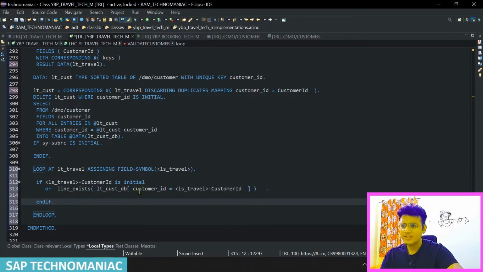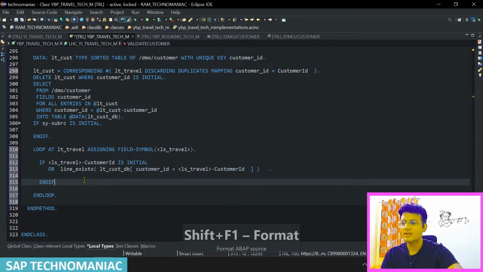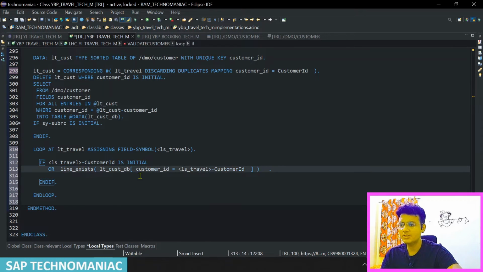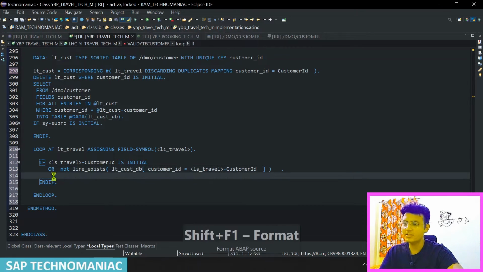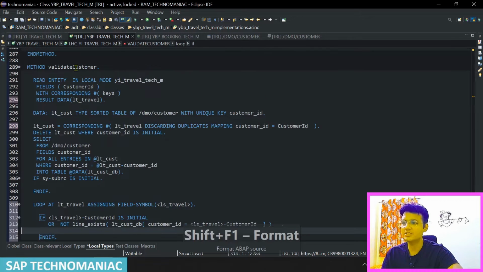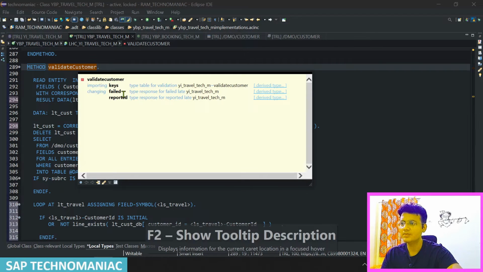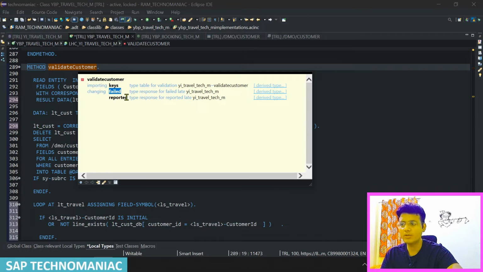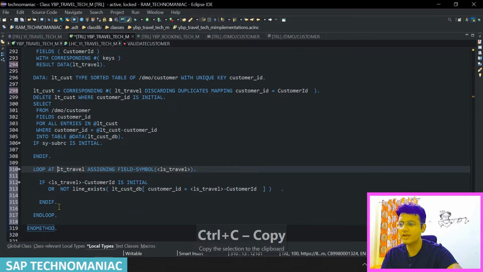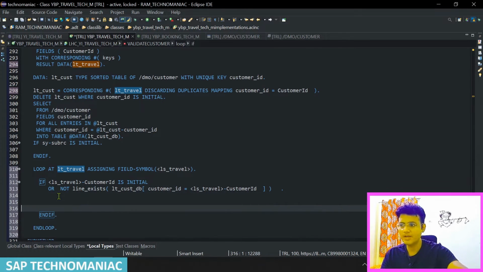So I'm just checking in this particular customer ID is available or not. Shift F1, or not. I can put, if it is available then fine. If it is not available or the customer ID is initial, in both the cases I want to fill the failed structure. Let me do F2. Failed and reported, both the structures I want to fill. First let me fill the failed structure. So basically append,